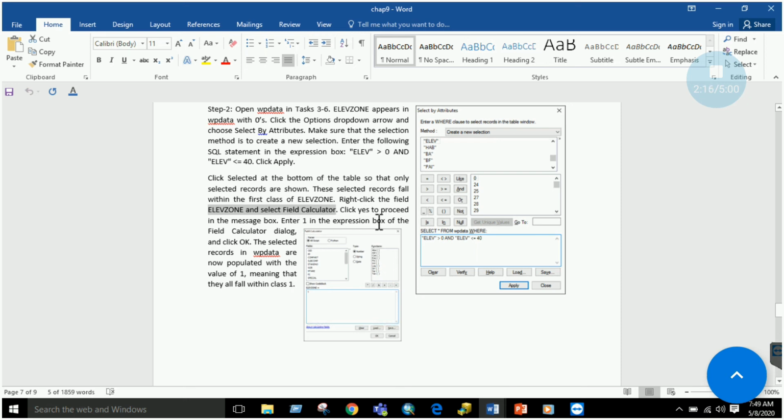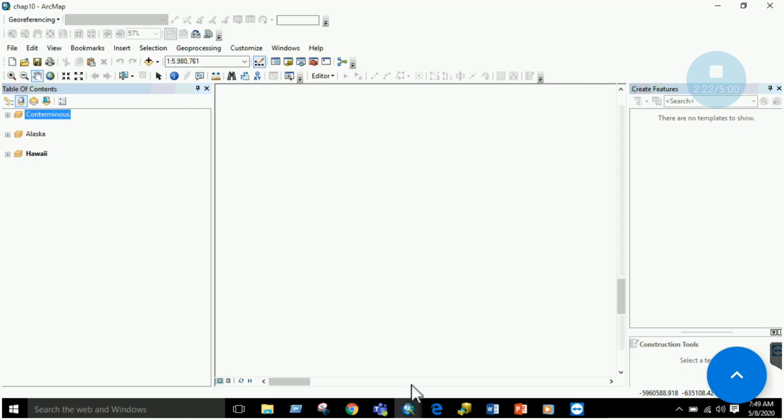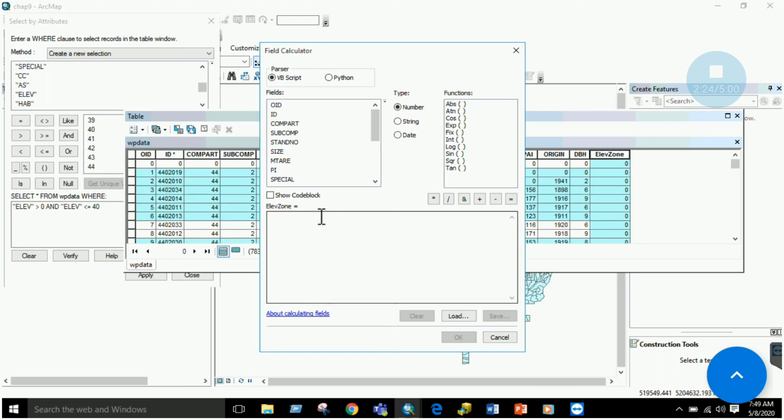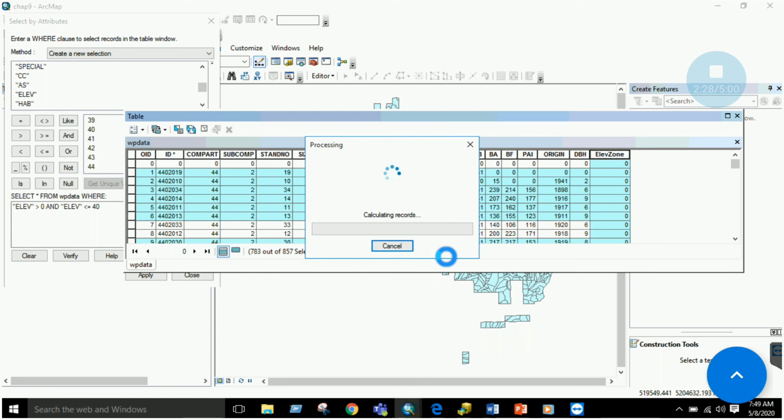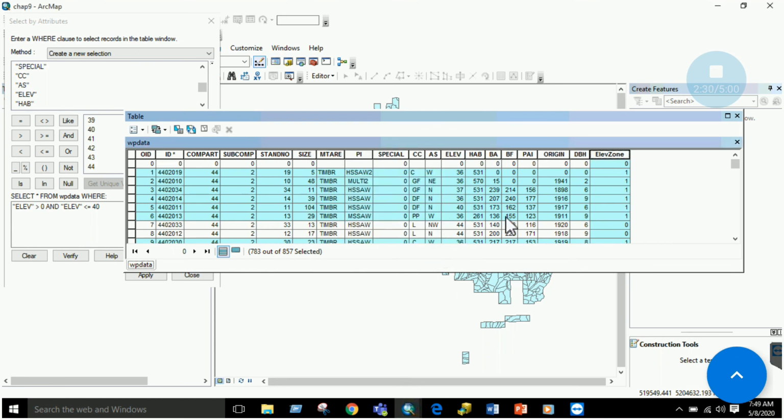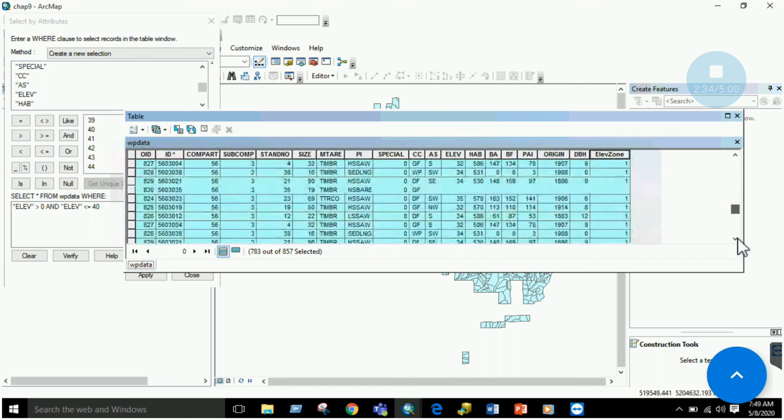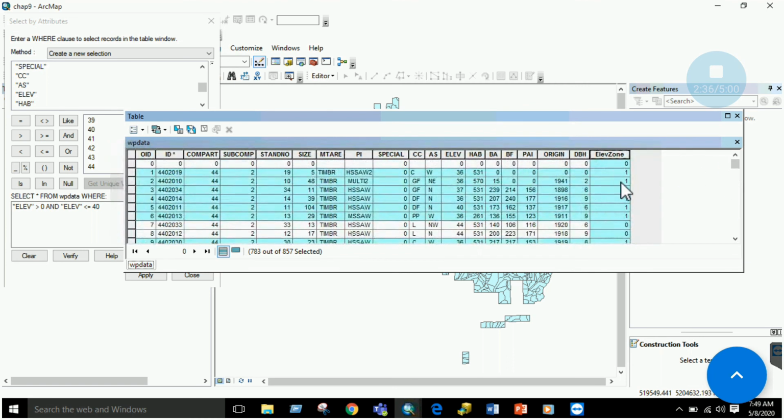Enter 1 in the expression box of the field calculator and click OK. It will be calculating the records and it will populate the values with 1, right? Only those which were earlier selected are populated with 1, right?